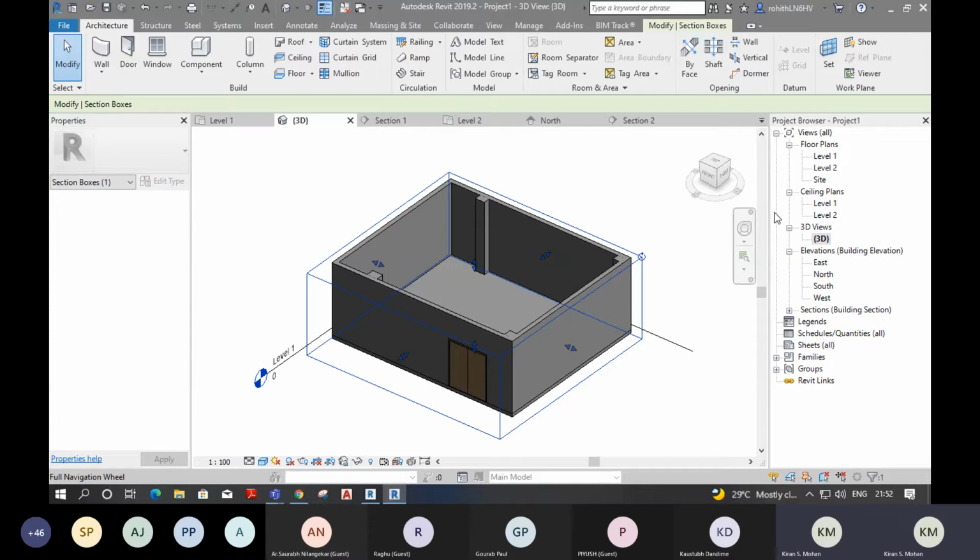Like if you're going to scan a temple or a mosque, I mean heritage buildings, then sometimes you will use the mass modeling. You will not use the conventional elements. But for normal boxy type buildings, like apartments and commercial buildings, this method is enough. But if you're going for architectural buildings, then you have to go for massing and site, this kind of course.